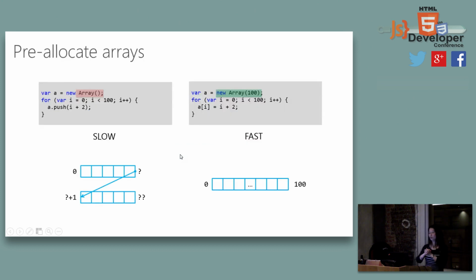So keep in mind, one thing to think about is if you have an array and some idea about the size, you don't want to do it in an empty kind of allocation. You want the compiler to know approximately I need to allocate 100 elements into that array. That way it will be faster. Otherwise the compiler will have to do it in an incremental way because they have no idea. Depending on the engine implementation, they will give some default size, and when they need more, they will allocate more. So basically if you know the size or have a guess of the size, put it there. It will be a little faster.